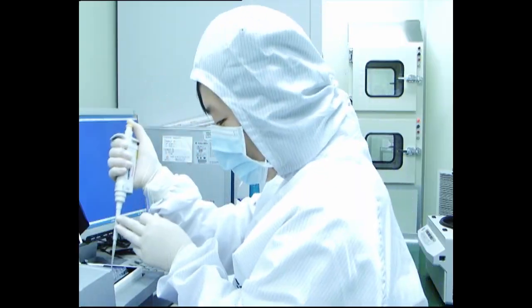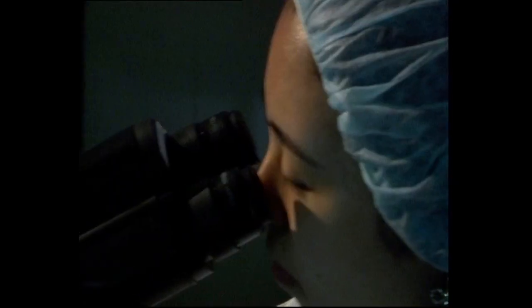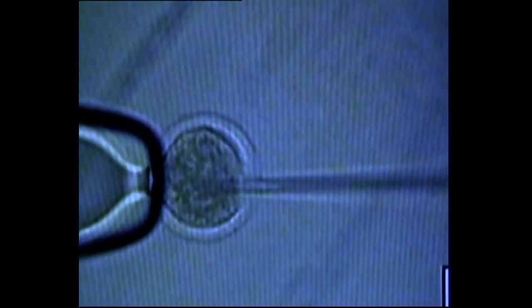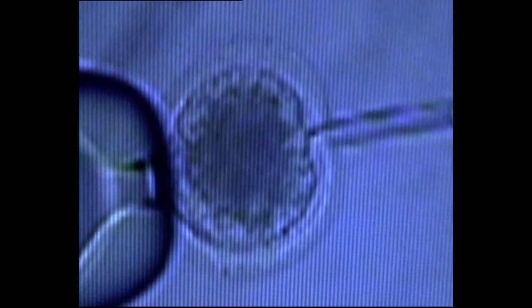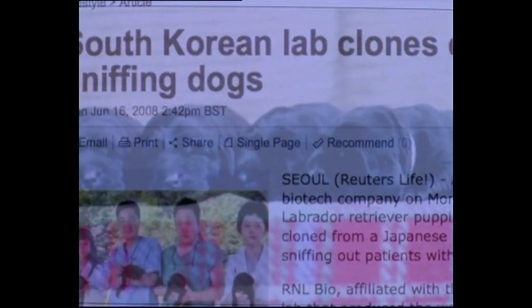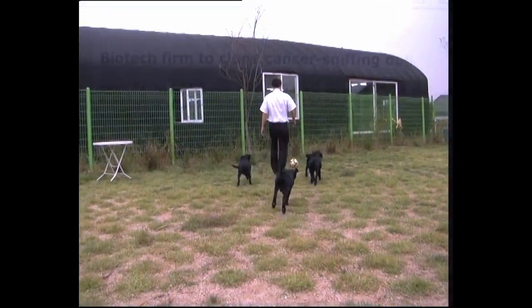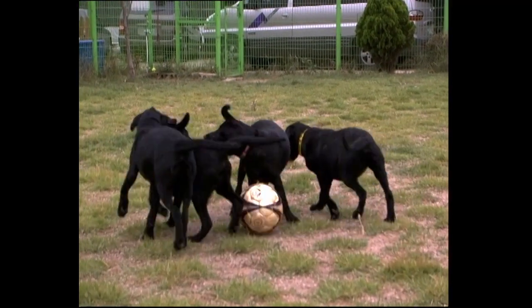Marine's trainer in Japan requested that she be cloned. Marine's skin samples were sent to Seoul National University, and after undergoing the somatic cell nuclear transfer technique, the team implanted the cloned fetuses into a surrogate mother, and she carried to full term. R&L Bio says the 4 retrievers will be sent to Japan after 3 months to join the training program for cancer detection. Each cloned dog will be priced at